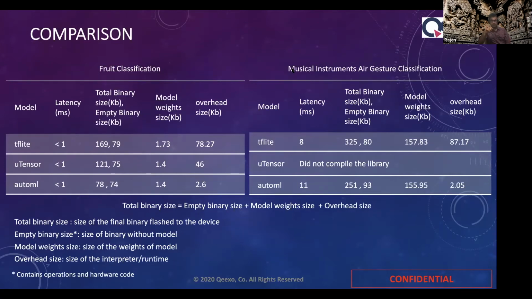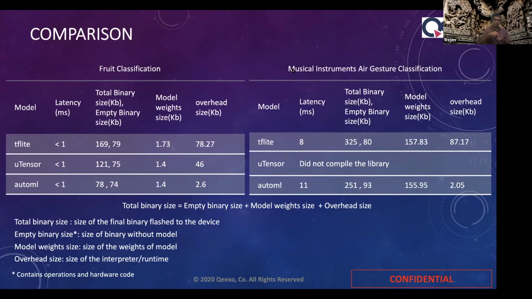Now I want to first explain what the empty binary size is. So empty binary size is just the framework or device driver code. Empty binary does not have any model at all in it. And the size of the empty binary can slightly vary depending on the sensor configuration, what sensors we are choosing, at what rate we are pulling the sensor data. And it's basically an embedded piece of code which is needed in order to simply operate the hardware. So that is an empty binary size.